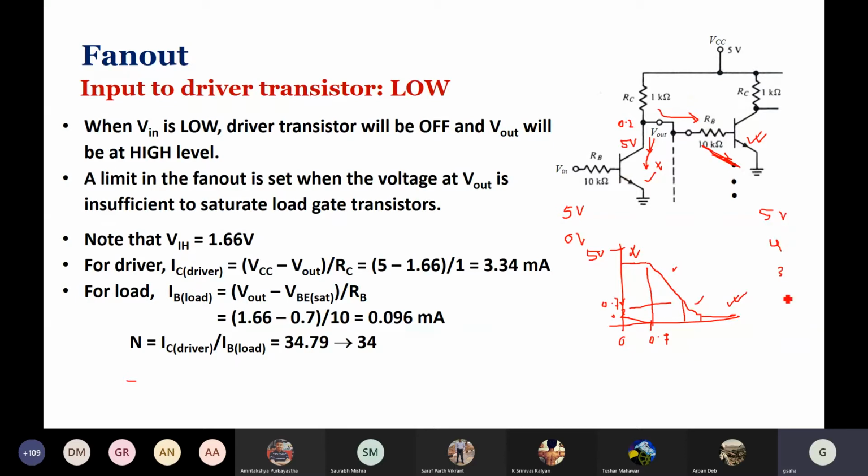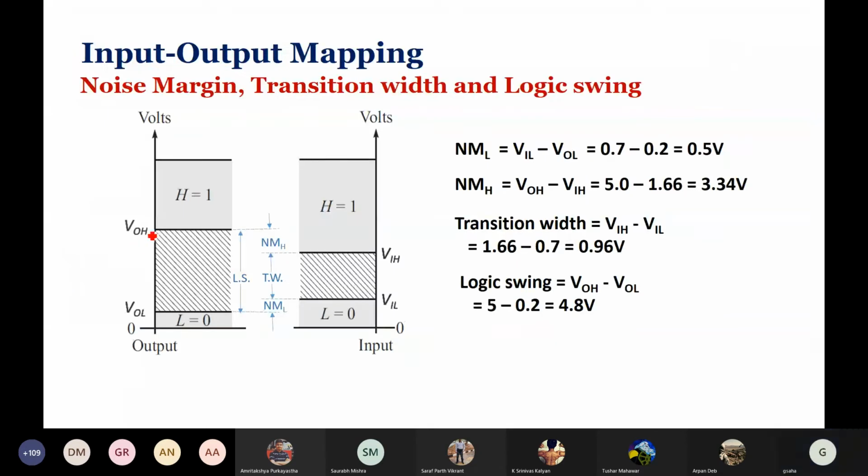But then there is a limit. There is a limit up to which it can go. This VOH is now coming down, right? And what is that limit? Can somebody tell me? VIH. VOH, we see that it is coming down because of the presence of similar such loads. Yeah. It cannot go down below VIH. It should not go down below VIH. Am I clear? All of you can understand?